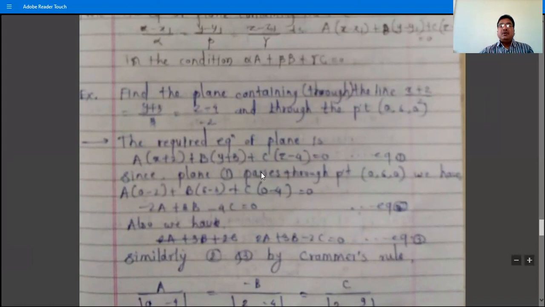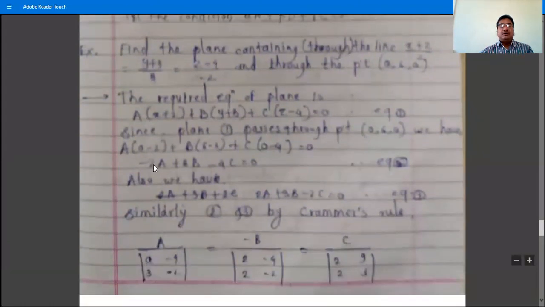The coefficients of x, y, z are the direction ratios of the normal to the plane. So capital A, capital B, and capital C are the direction ratios of the normal to the plane. The line is contained in this plane, so the normal to the plane and the line are perpendicular to each other. So by the condition of perpendicularity, we have